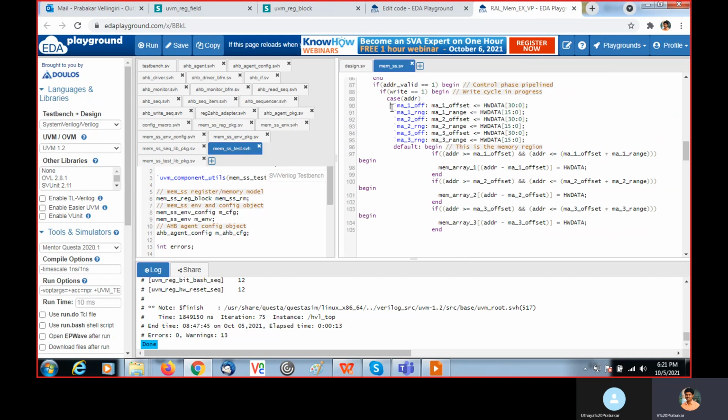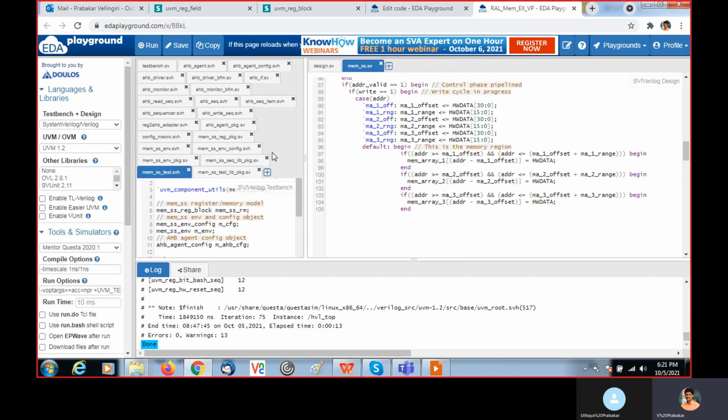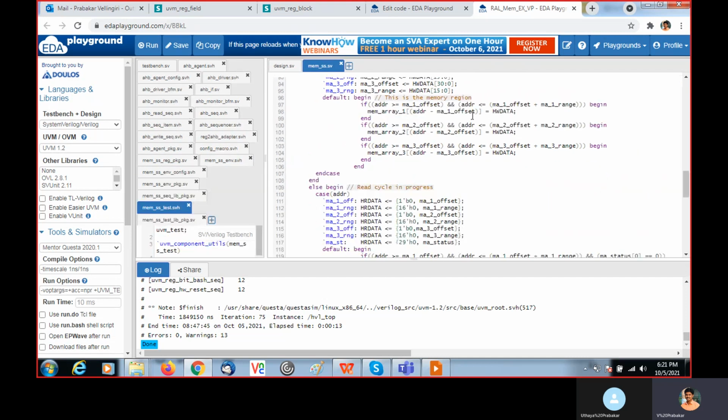These are the offset values we are using for these registers. Suppose I give an address out of this range, or in between these, it will be written to the corresponding memory.